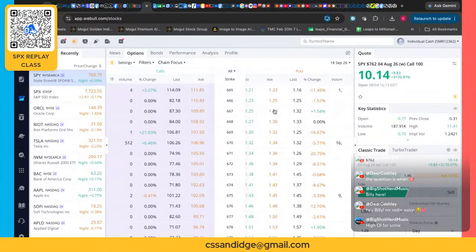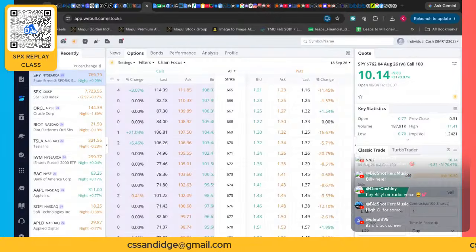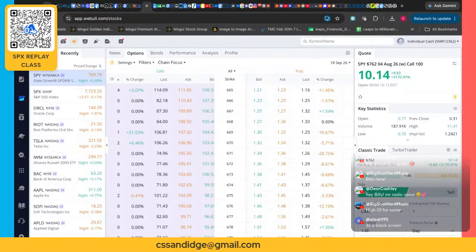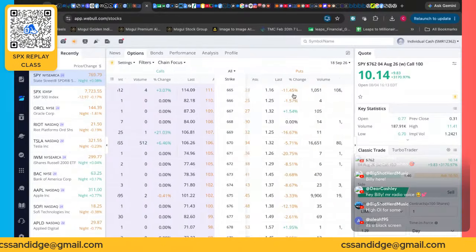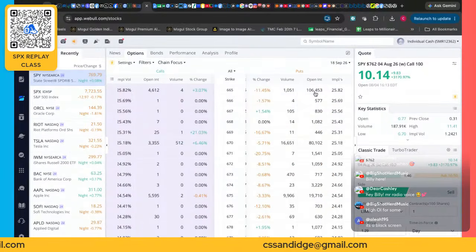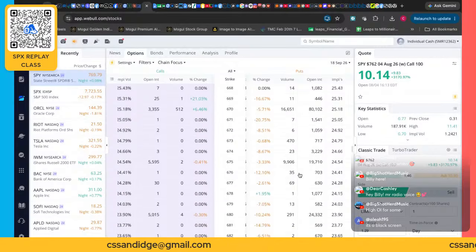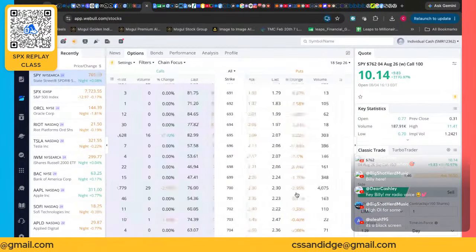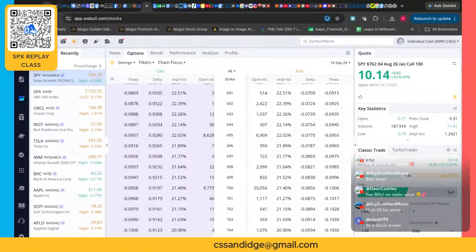So the option contracts that I want y'all to look at and add to your watch list are the September 18th, and somebody drop them in the chat for me. September 18th, 665 put, this one, the 670 put, this one, and the 700 put. Add these to your watch list. If you can afford them, grab them. They're just on my radar right now.